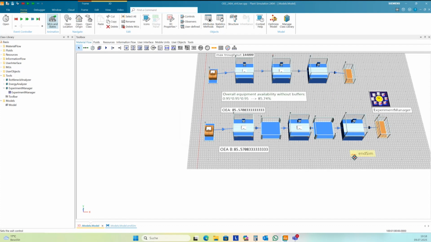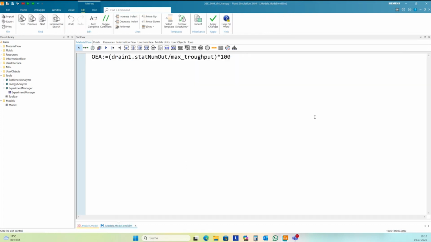And I need to extend my nsim method. I want to calculate this value now. And it's almost the same as this.